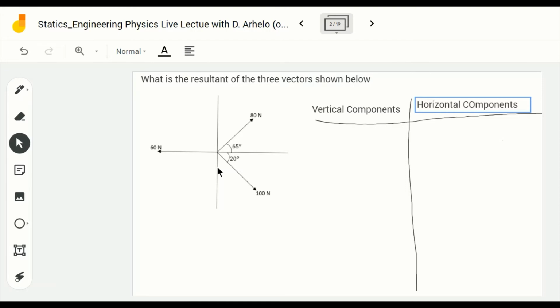The next thing to do is to analyze the vector and to write out the different components for the vertical